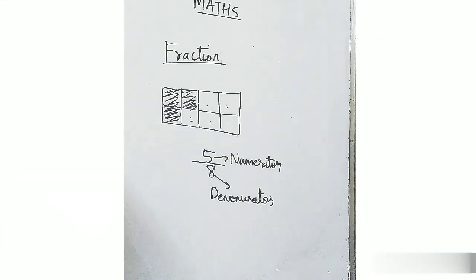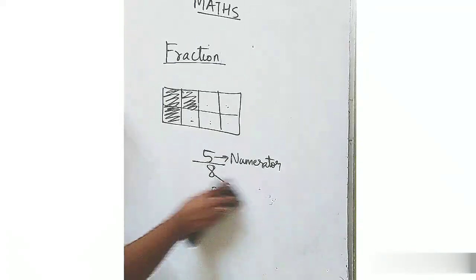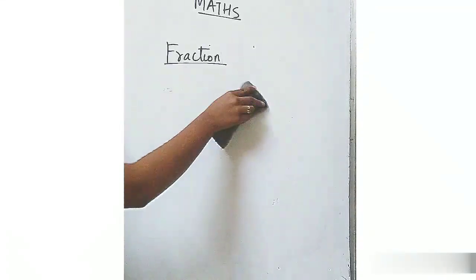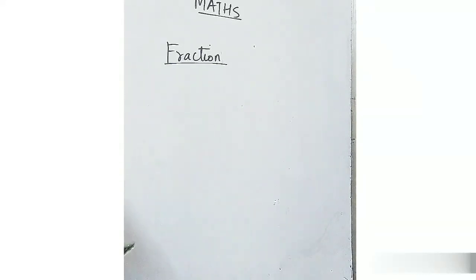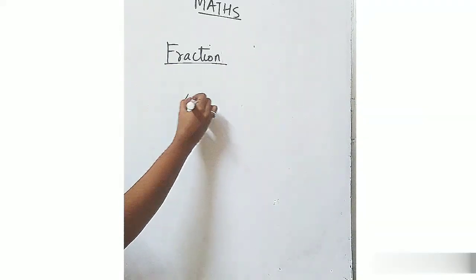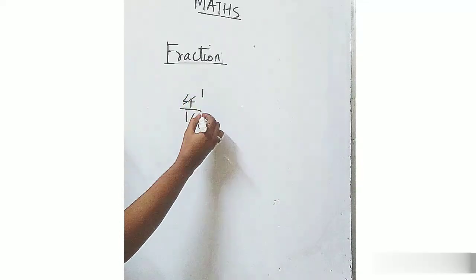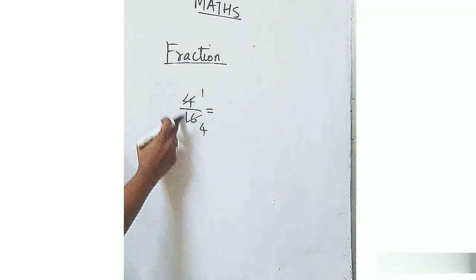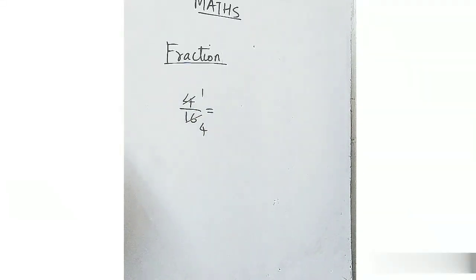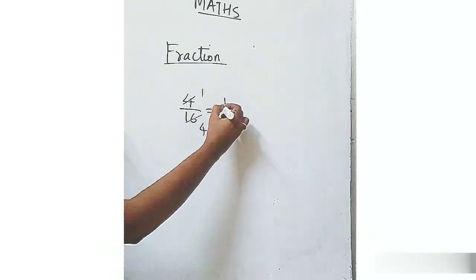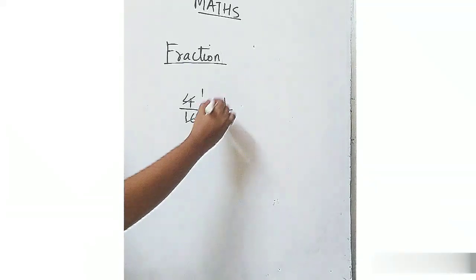Now, how will we convert a fraction into simple form? That we are going to see, students. For example, I am talking about 4 upon 16. So you have to guess a table such that 4 also comes, 16 also comes. I can show two ways, students. First I will talk about the 4 table, in which 16 also comes. 4 ones are 4, 4 fours are 16. Now you can cancel like this, students. This is called cancelling or simplifying. So the answer which I got, I can write as 1 upon 4. So this is our answer.